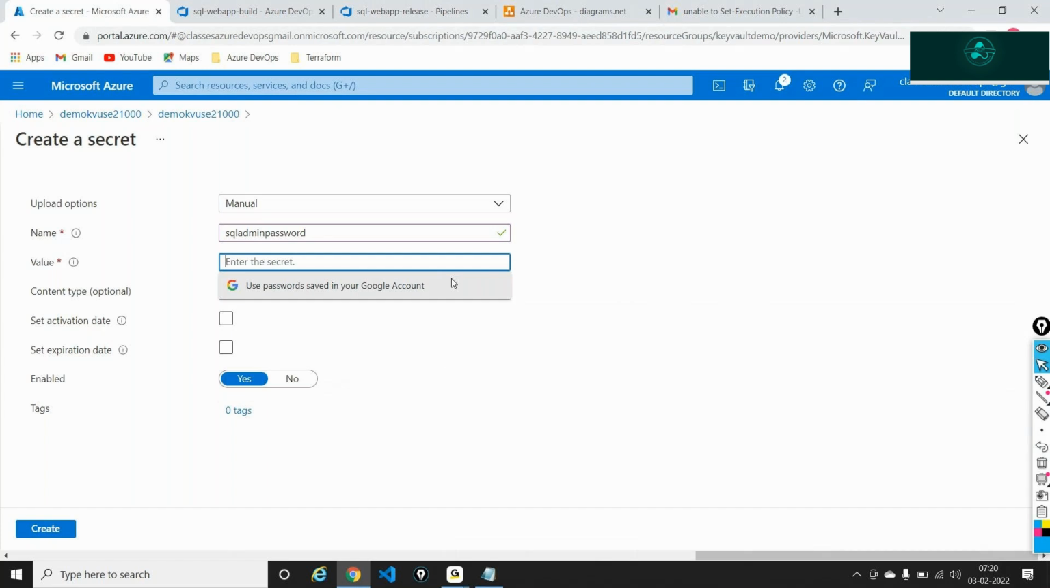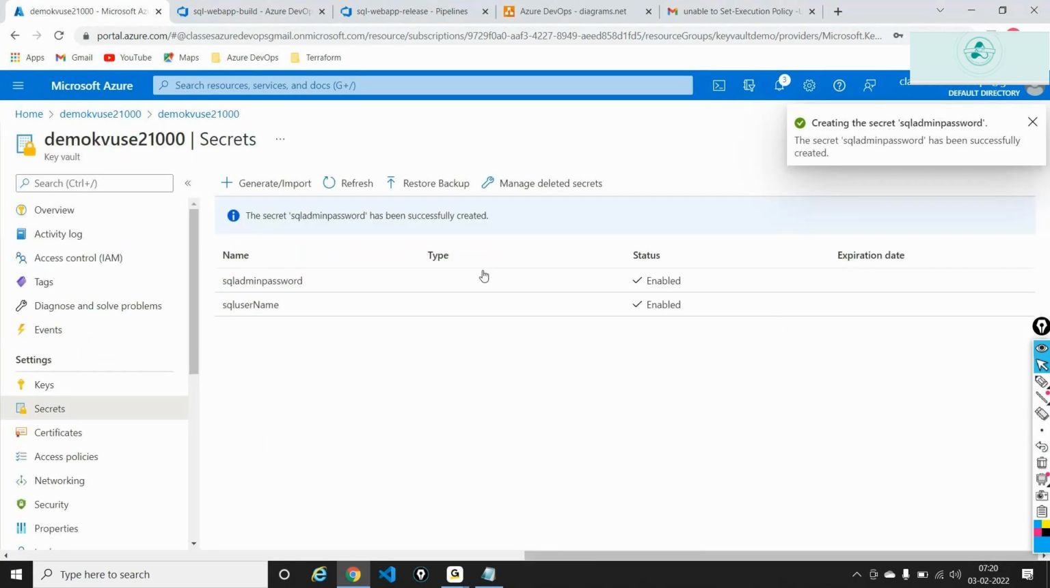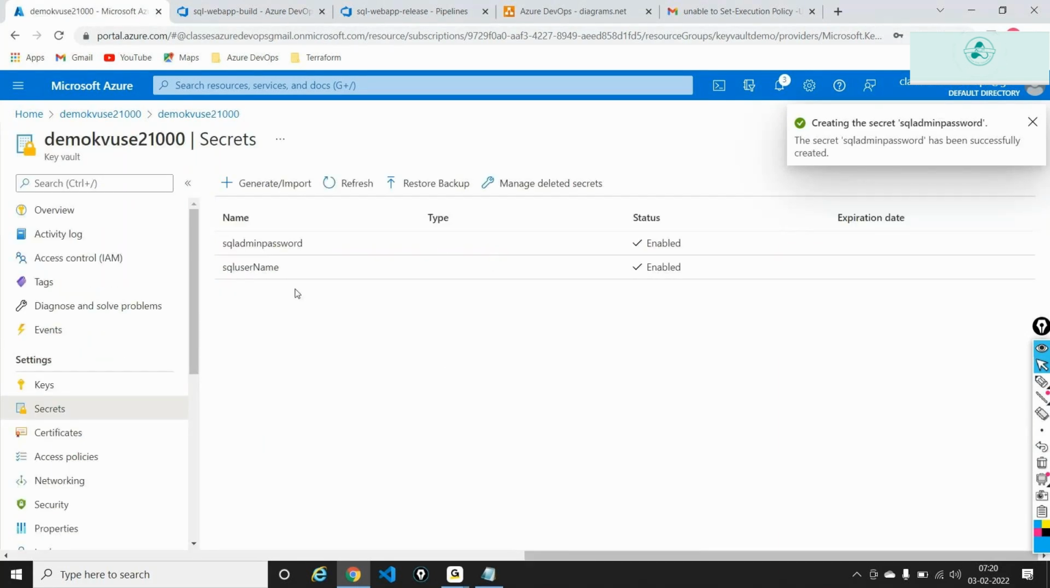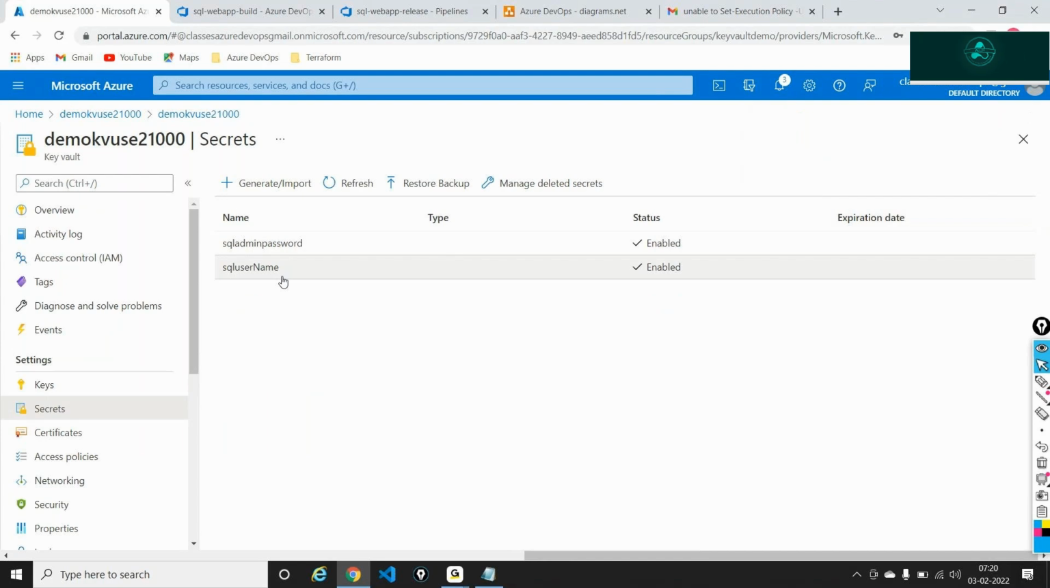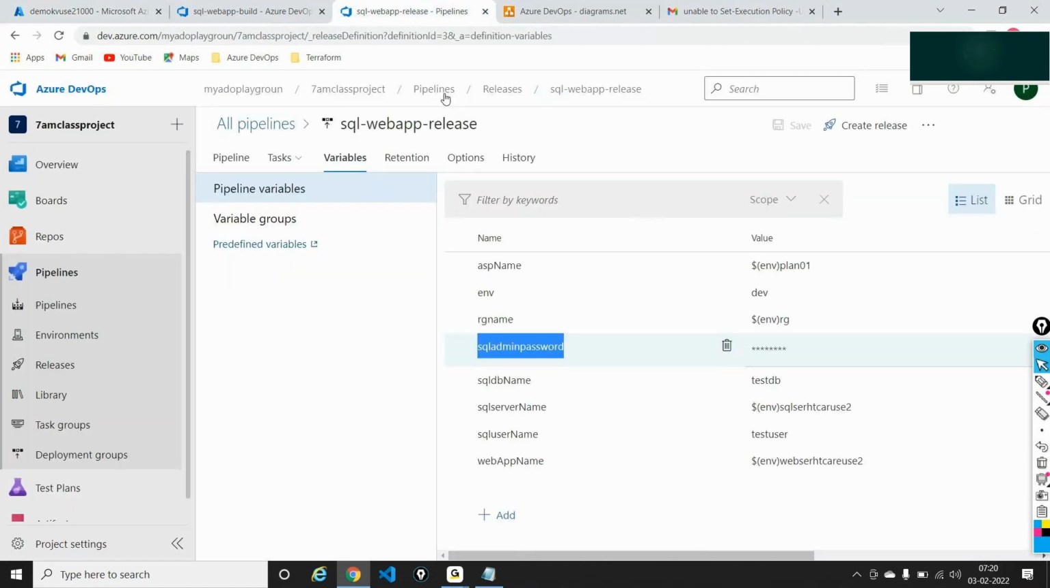I'll give you a value here. I'll type a value here. I'll say Microsoft hyphen 001. This is the value that I'm typing, and I'll say create. So I have the SQL administrator password. I have the username, both of them configured here in Azure, and in the Azure DevOps pipeline is where I'm making